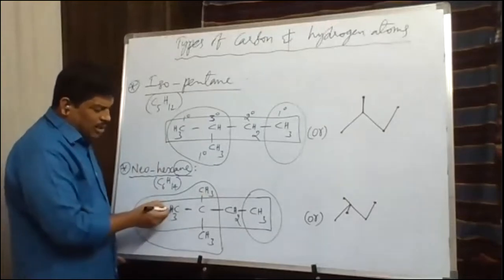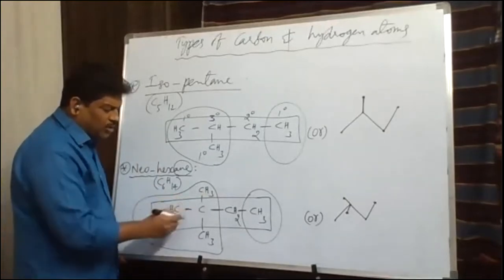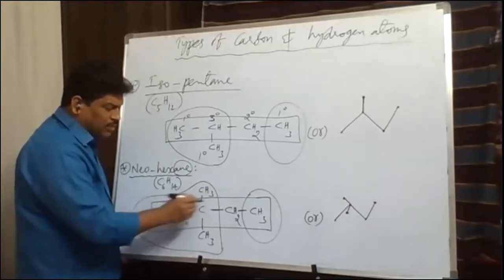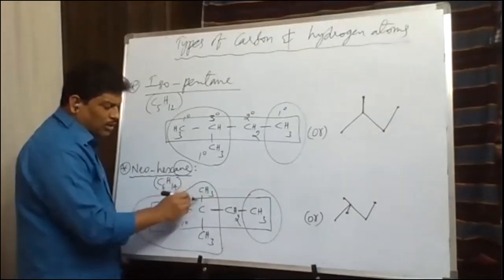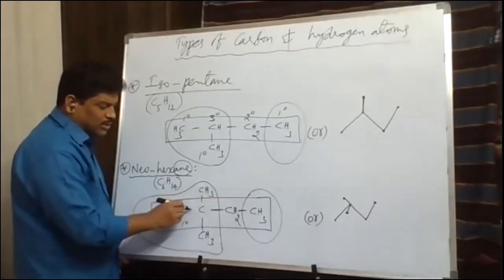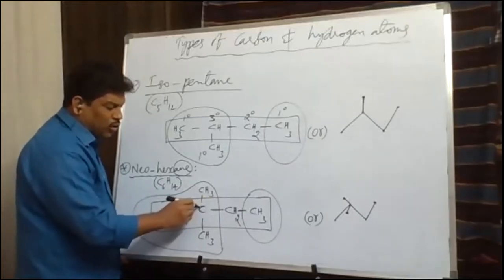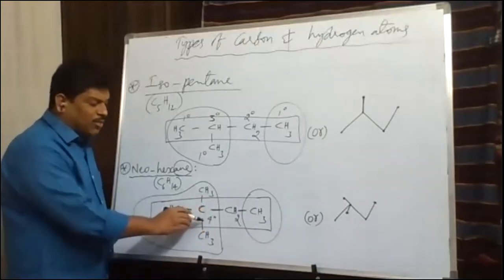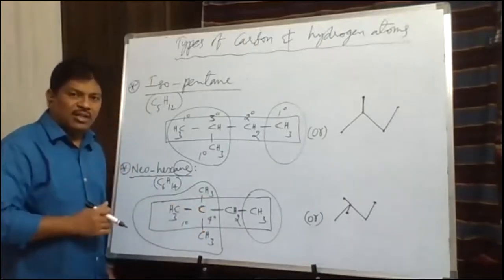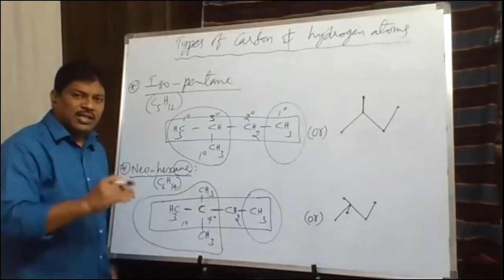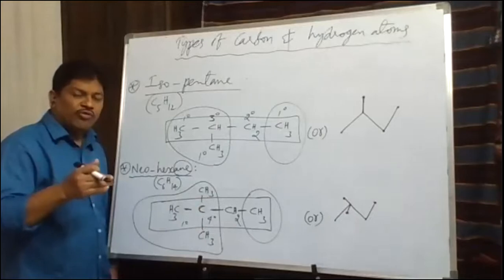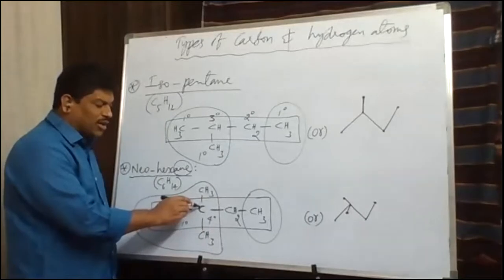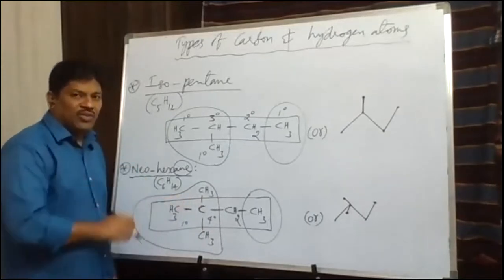In this case, this carbon is directly attached to only one carbon, so it is a 1 degree carbon. This carbon is attached to how many other carbons? You check it. Around it there are 1, 2, 3, 4 carbons. So this carbon is attached directly to 4 other carbons, so it should be called a 4 degree carbon atom. This 4 degree carbon is nothing but quaternary. A quaternary carbon is the carbon which is attached to 4 other carbons directly in the given organic structure. So this carbon is called quaternary carbon, or 4 degree carbon.